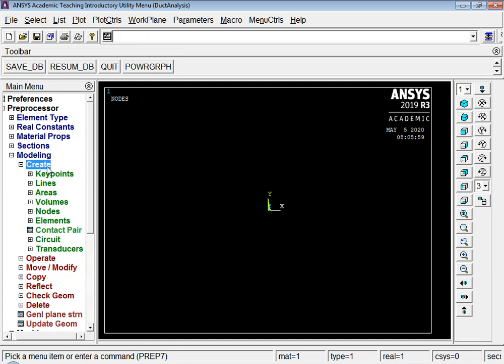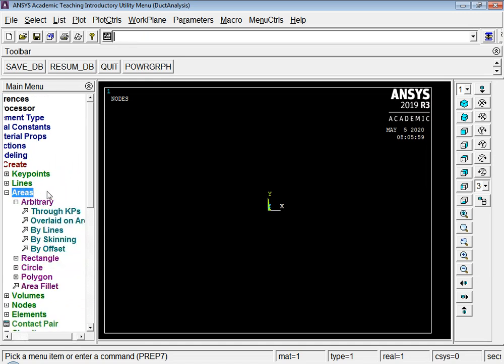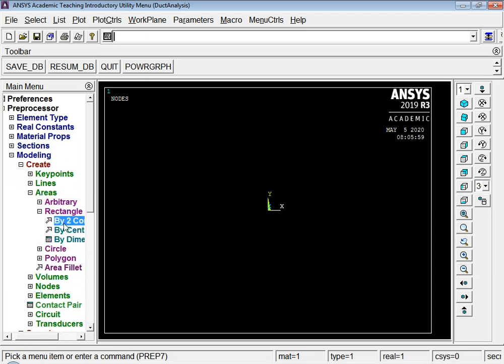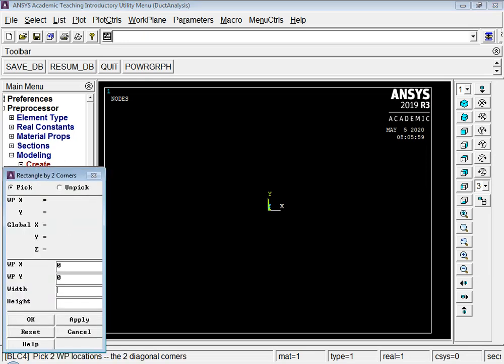So we'll first create the area, which is the outside area. Rectangular area by 2 corners. First is going to be 0 0.